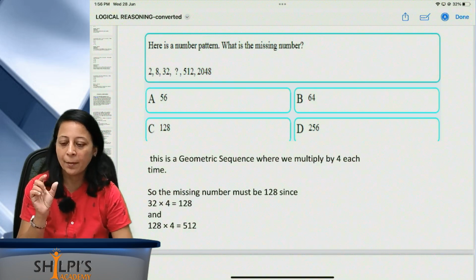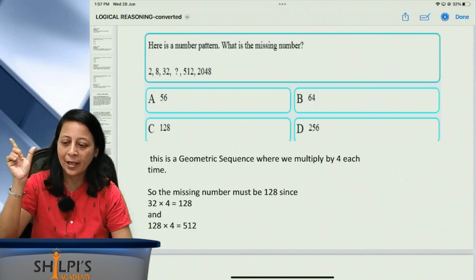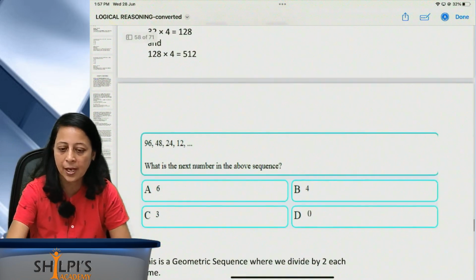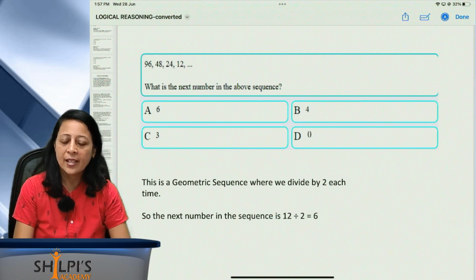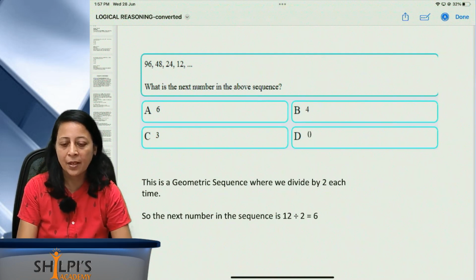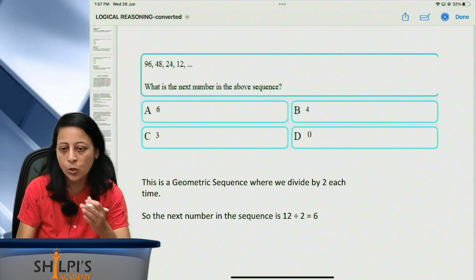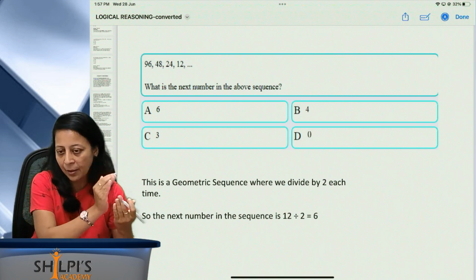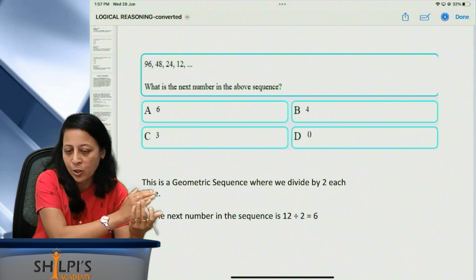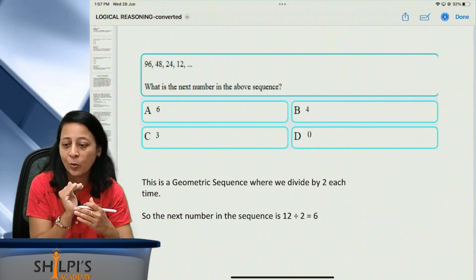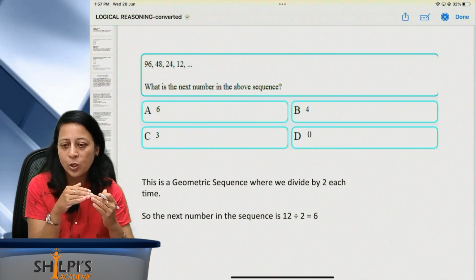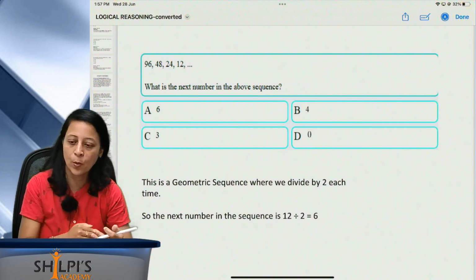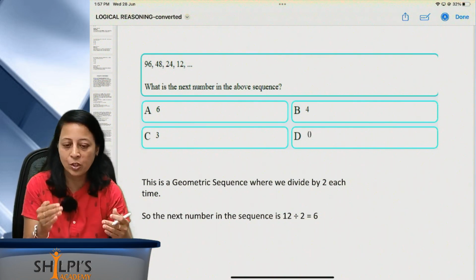When they give you the mid number, see the relationship between the number prior and backward. That is why they mean here it is predecessor and successor. 96, 48, 24, 12. What is the next number in the above sequence? Here you can see that it was not in the forward, it is in the backward. 96 back by 48, back by 24, back by 12. Every number is being divided by 2 instead of multiplication. 96 divided by 2 is 48, 48 divided by 2 is 24 and 24 divided by 2 is 12. So 12 divided by 2, of course the answer should be 6.